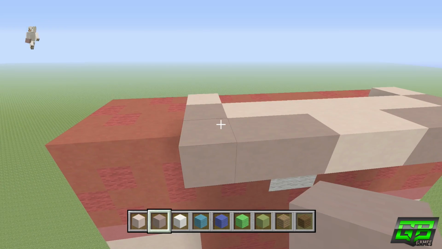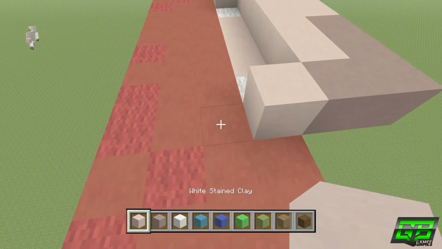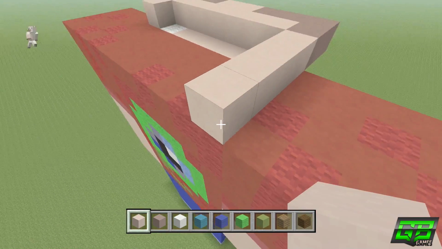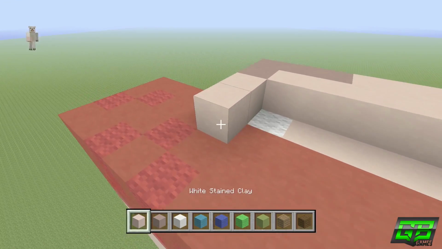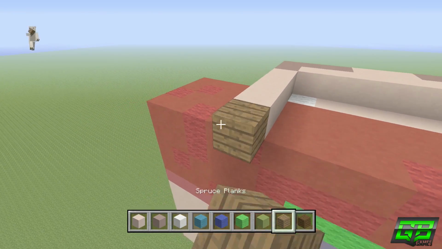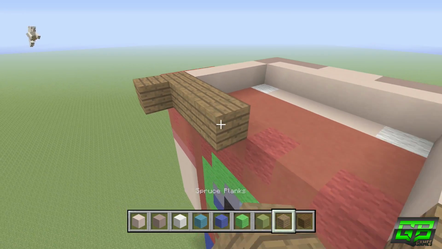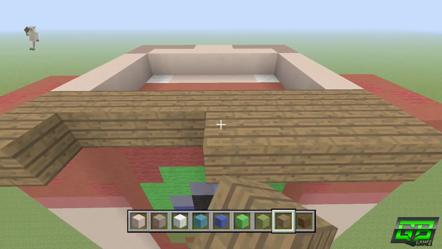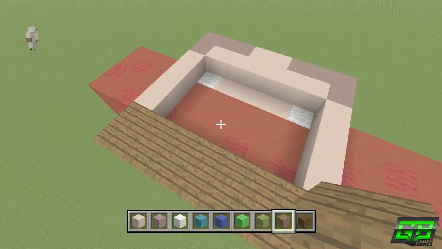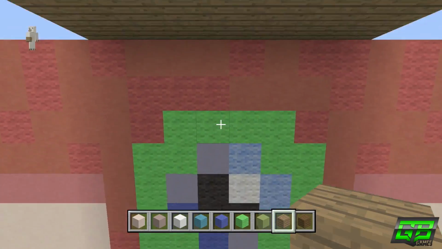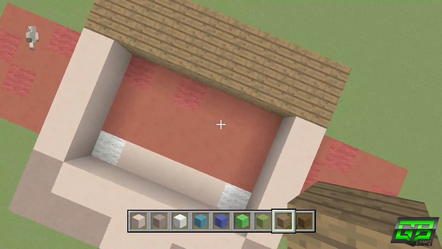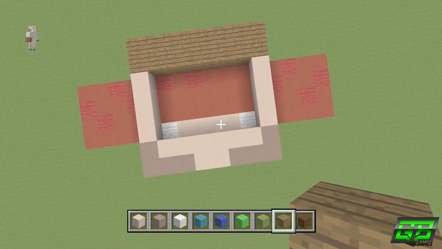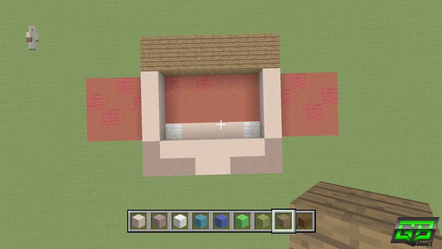What we're going to do next is come around to the side and we're going to expand it backwards 5 blocks, of which 3 of them will be white stained clay, and then 2 rows of spruce planks. Again on the other side, 3 white stained clay, 2 spruce planks, and we join them together by placing 6 spruce planks in the middle. And there will be a few adjustments we're going to make later on, but the majority of it is of course spruce planks. And if you come below again, you'll notice it's an 8x2 overhang, but most importantly is the fact that it is in fact an 8x8 square,